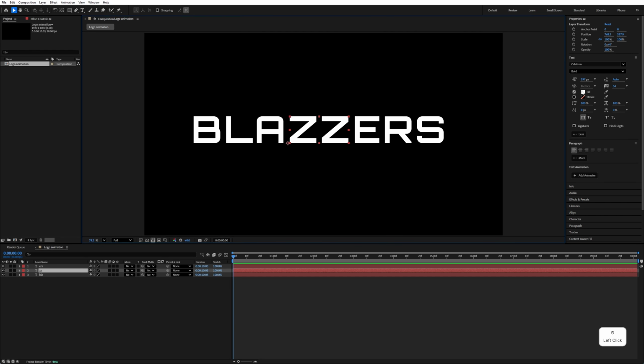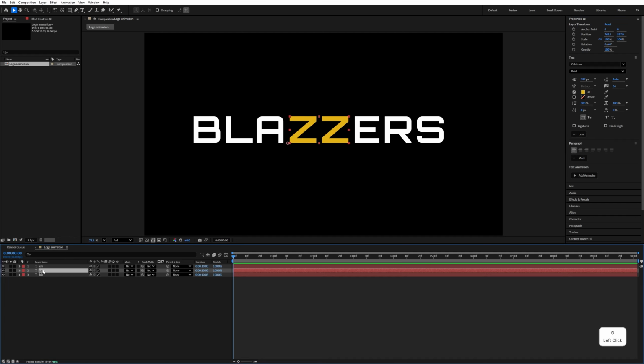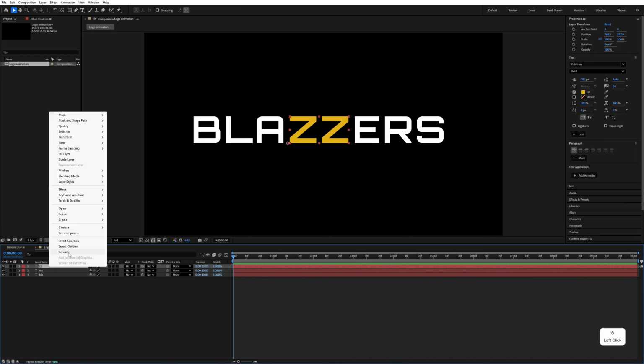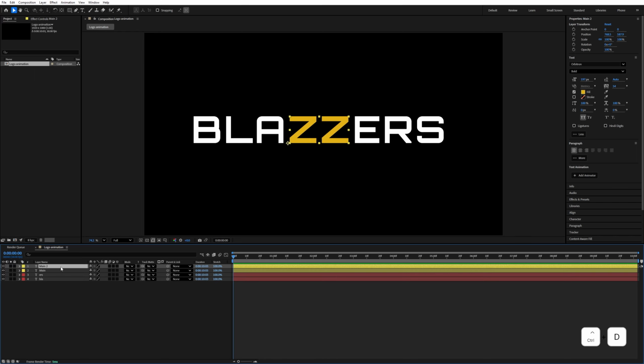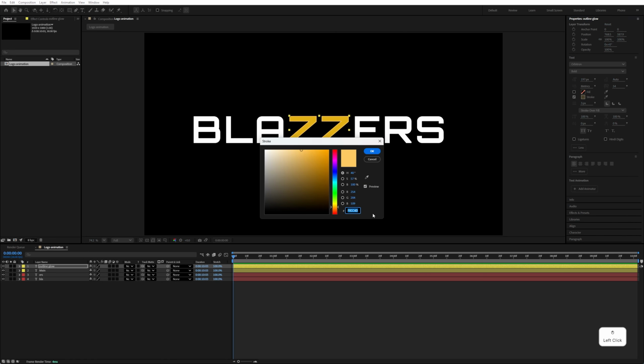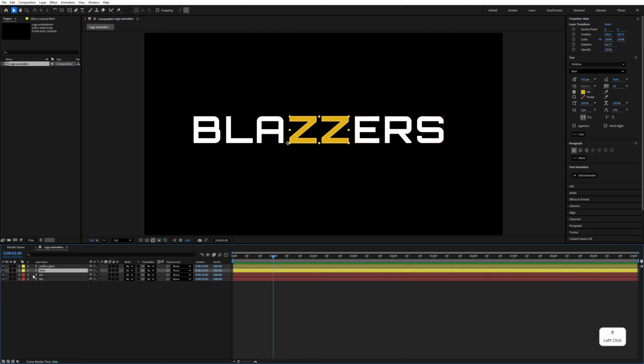So I'm changing the center color to this yellow and moving it up, and renaming it logo. And let's change the color of this. I'm going to make it yellow, and Control D to duplicate and rename it outline glow, and disable the fill color of this and enable the stroke. And I'm using this stroke color and a stroke width of 3 pixels, and go to 1 second, select this main